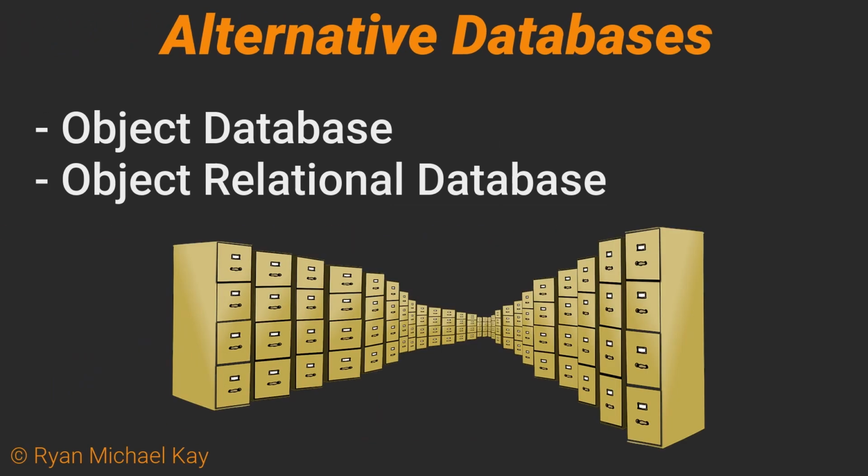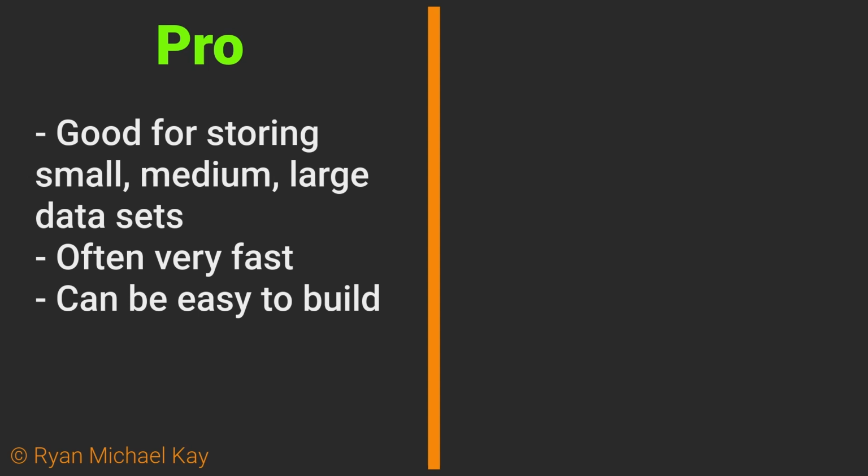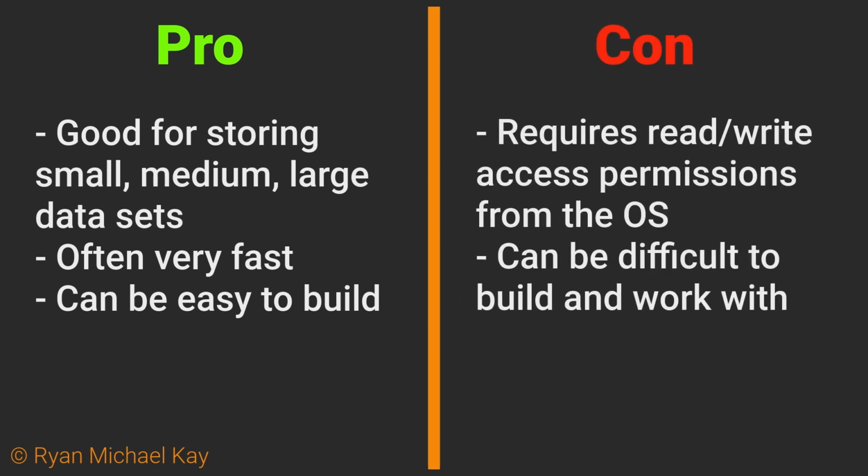Another common solution is to use an object database, which does not necessarily work like a spreadsheet. There are different ways to implement an object database, so I cannot give you a universal example here. I also cannot recommend one or the other in general. You will have to do your own research on what the current preferred tools are and what makes sense for the operating systems you wish to support. Local databases scale well among small, medium, and large datasets. Often they are very fast and efficient. They might require the operating system's read and write access, and they can be somewhat complicated to implement and use.